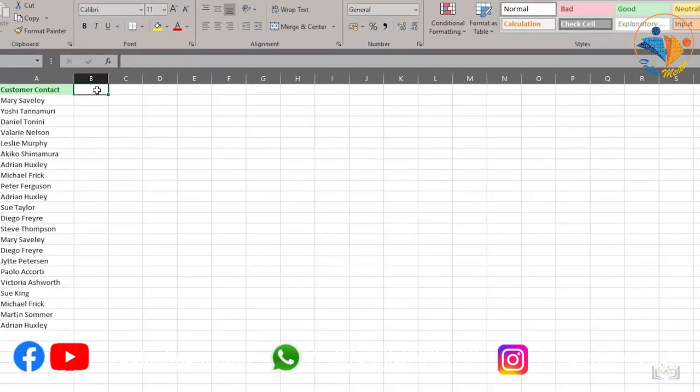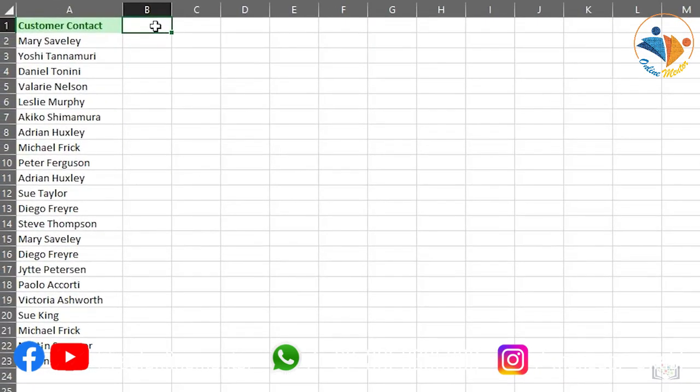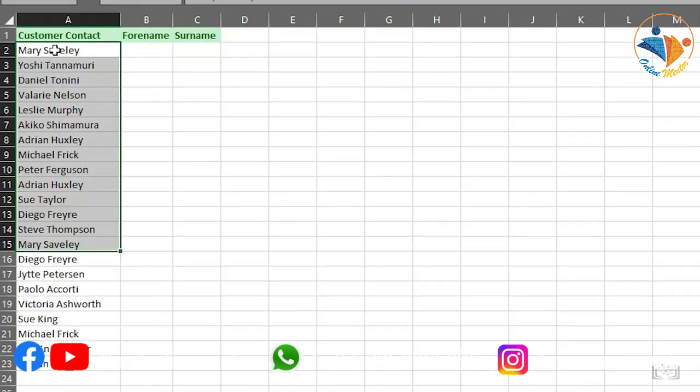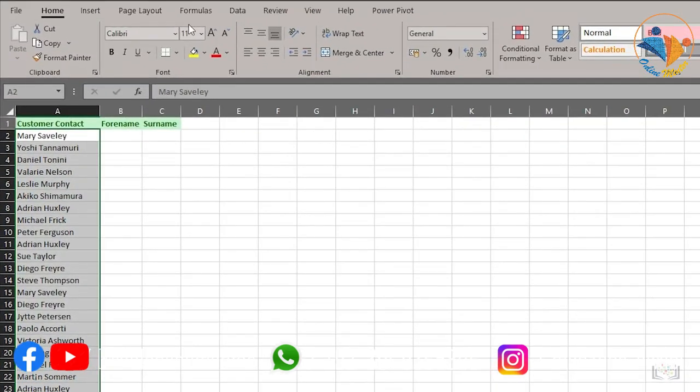Let's open the Customer Contacts worksheet again. Then we'll add column headings for the next two columns and copy the cell format used in the first column header. Then we'll widen the columns. If we then select the data in column A from A2 to A23, and on the Data tab click Text